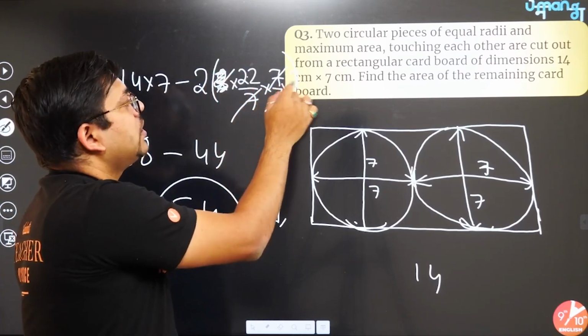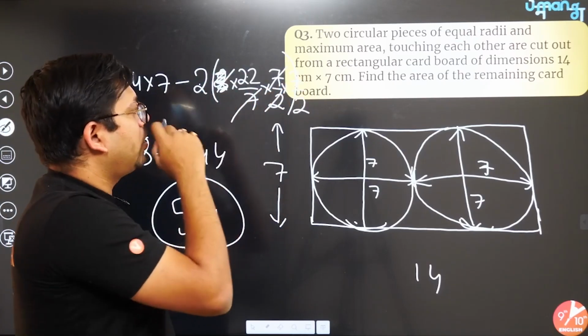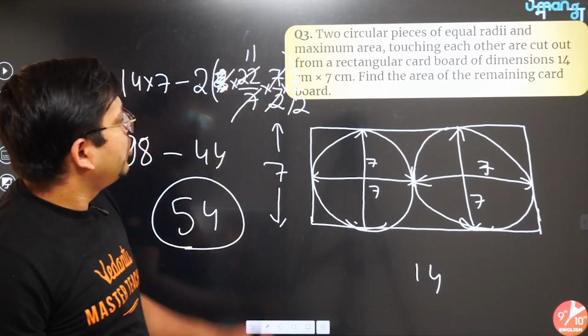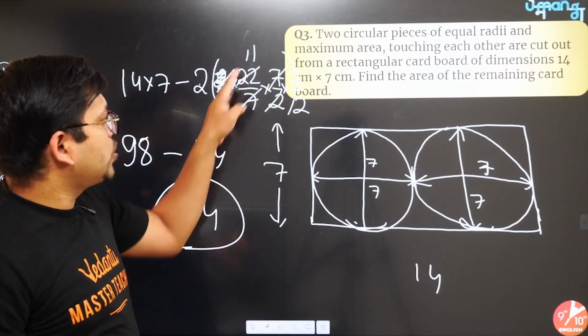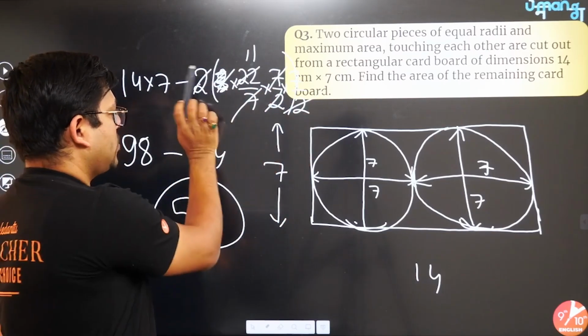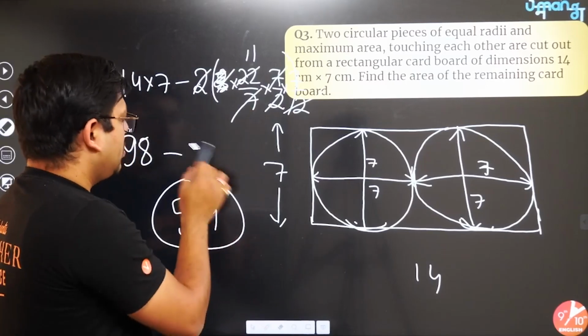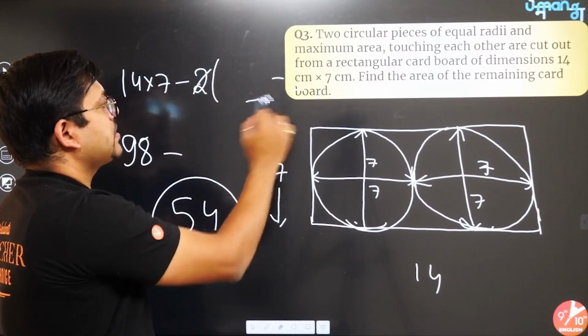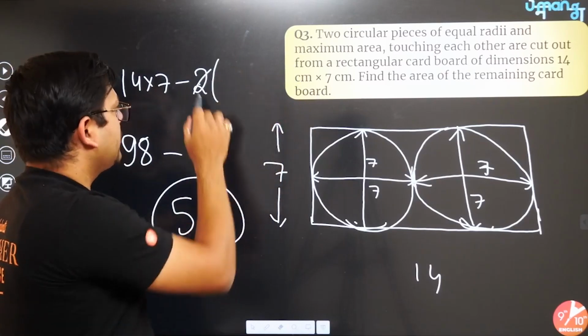So this will be once more, 2 will not be there. So this 2 will cancel this in 11 times if I am not wrong. So 11 into 7 by 2, so that is 77 by 2. This 2 will get cancelled here, so this will be 77. Sorry for this, a little mistake. Let me remove this entire mess.